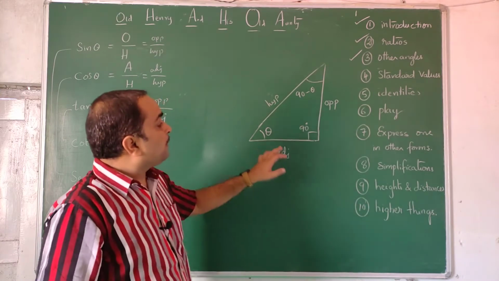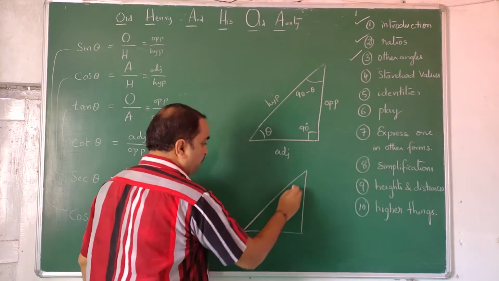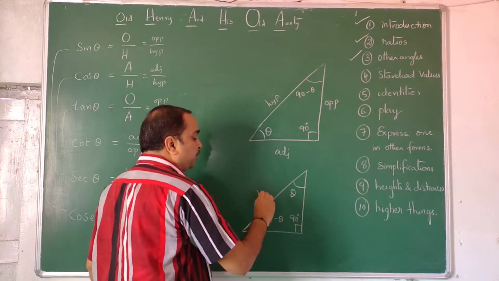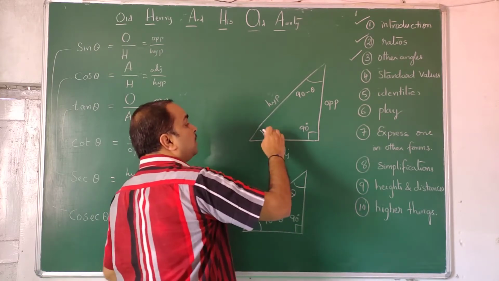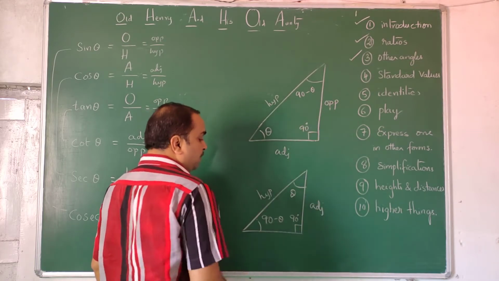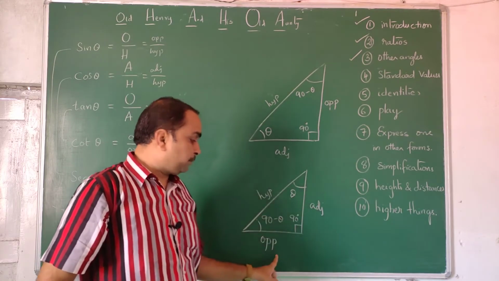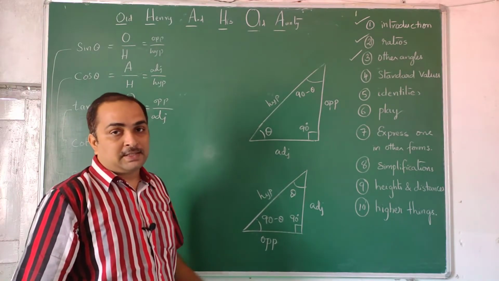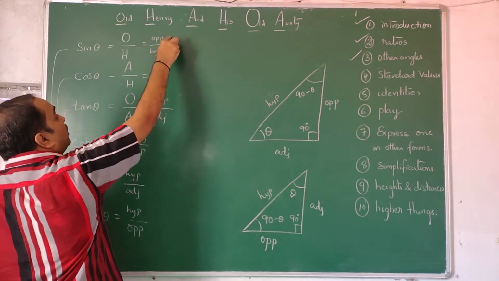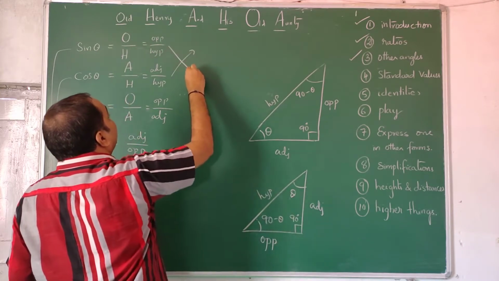What actually happens is, if this theta I remove it and put it here, this becomes 90 minus theta. Then this 90 remains as it is. That means hypotenuse is unaffected. Just these words, opposite to theta and adjacent to theta, will change. For this theta, this is adjacent, which was previously opposite. For this theta, this becomes opposite. So you can see that there is an exchange between opposite and adjacent. Hypotenuse remains the same. So this I write it here, this I write it here.